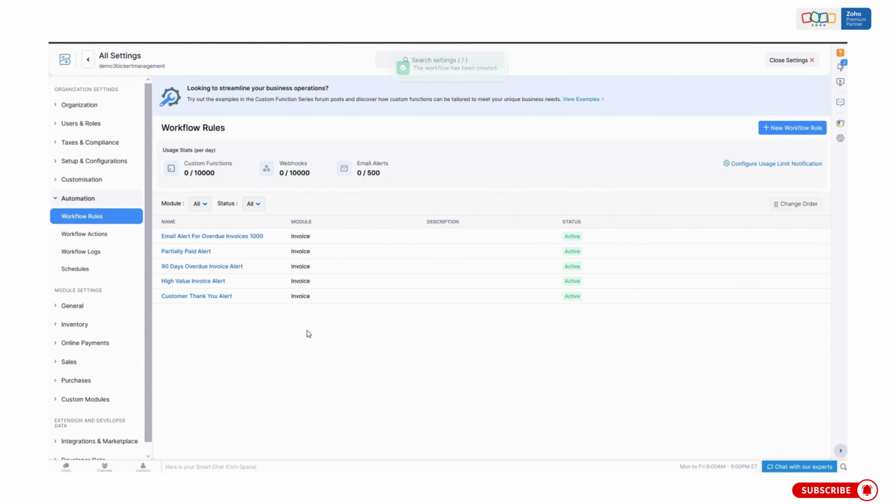And with that, these are just some of the custom email alerts we can create with various criteria to send to either our employees or our customers or both. With the power of workflows, you can create simple workflows to send email alerts for various types of triggers,